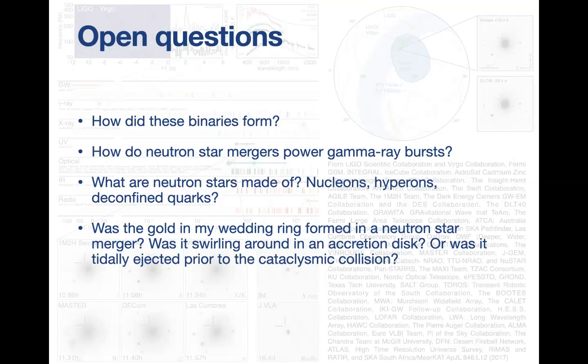Is most of the material coming from the accretion disk that was swirling around the black hole before being ejected into space by some MHD process? Or was this material ejected tidally prior to merger? The difference between these two ejection mechanisms is important because different mechanisms lead to different composition of the material, different paths for the r-process flow to proceed, different nuclear reactions are involved, and so on and so forth. So we want to answer all of these questions using the data, and the tool of choice for us is numerical relativity combined with, of course, analytic insight.